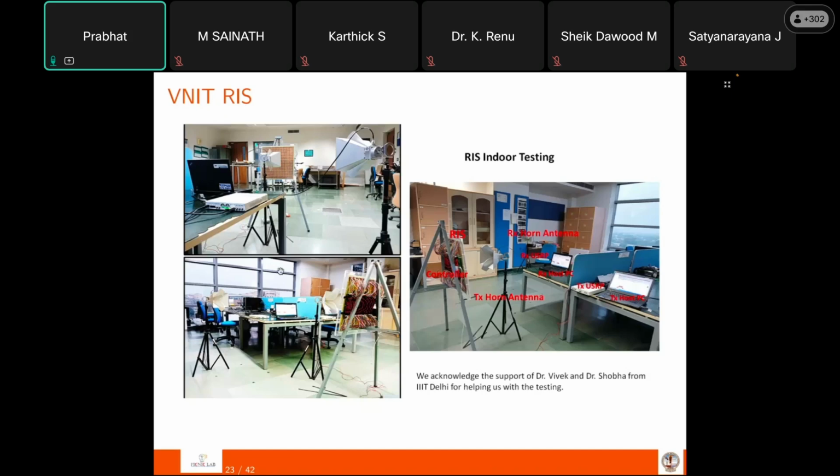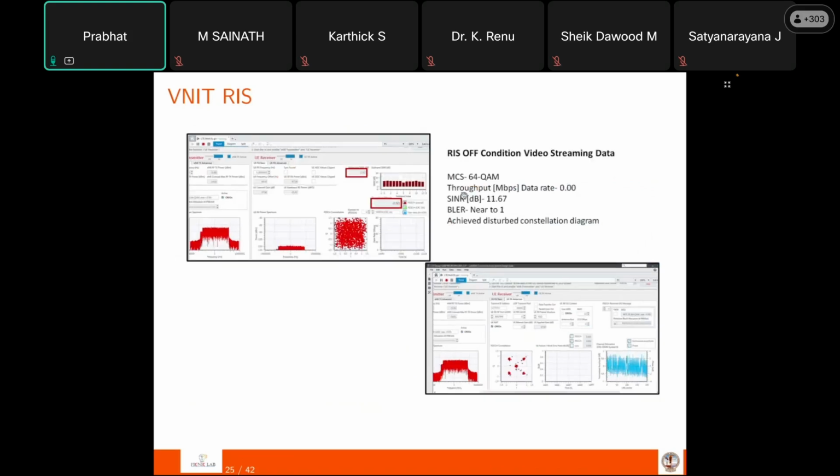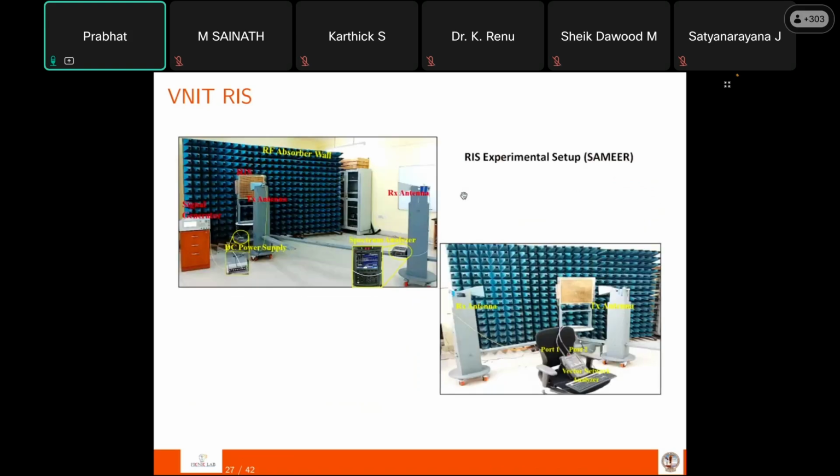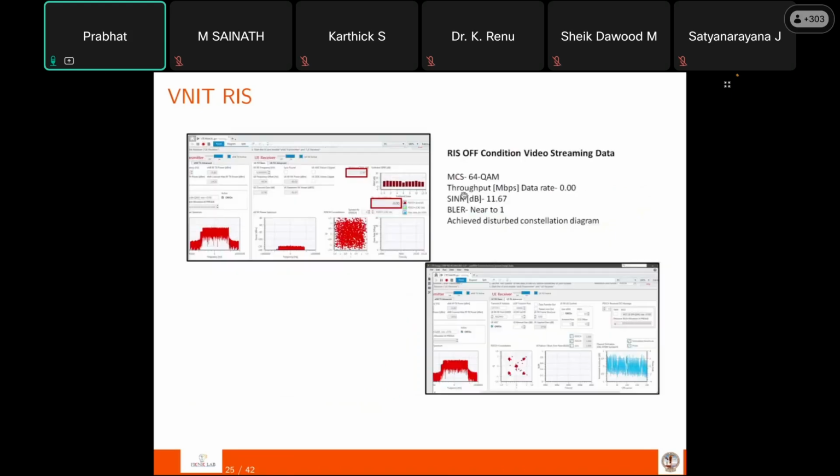We tested this RIS in different environments, like indoor and outdoor environments, and we even did testing in an anechoic chamber. So all those things we have done. In a given setup at a distance of around 8 to 10 meters, we could achieve an SINR gain of